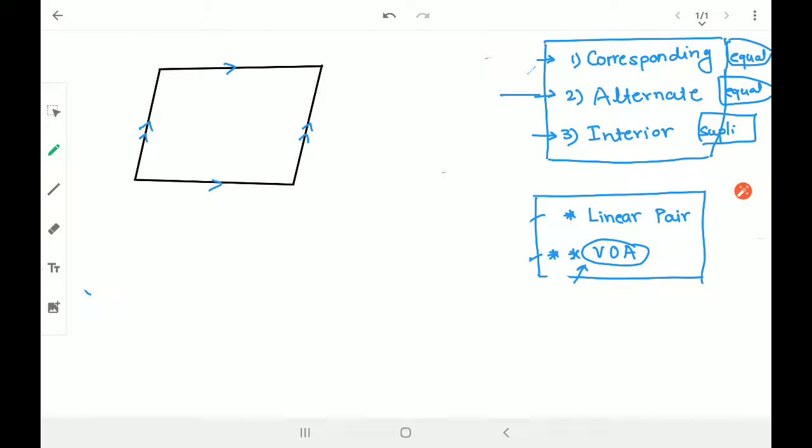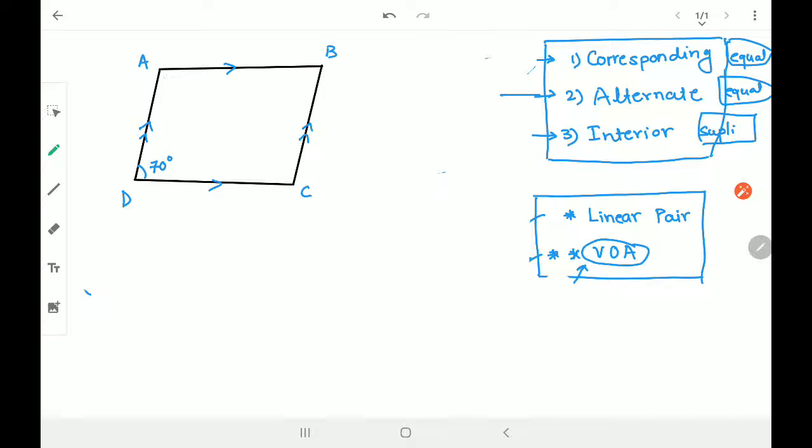Okay, parallel का मतलब समझ में आ गया, symbol समझ में आ गया. This is the way we can show the lines are parallel. Now imagine if I name it as ABCD. So can you tell me, in case I say angle D is equal to 70 degree,